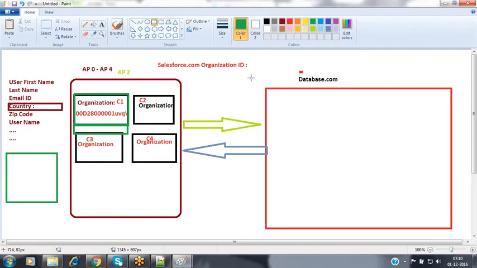Okay. So in tomorrow's session, we are going to discuss creating the users. Creating the users is very, very important, because for the entire Salesforce security, creating users is a very basic thing. If you are done with the users, only then can you practice the security concepts, or else it will be difficult to practice.